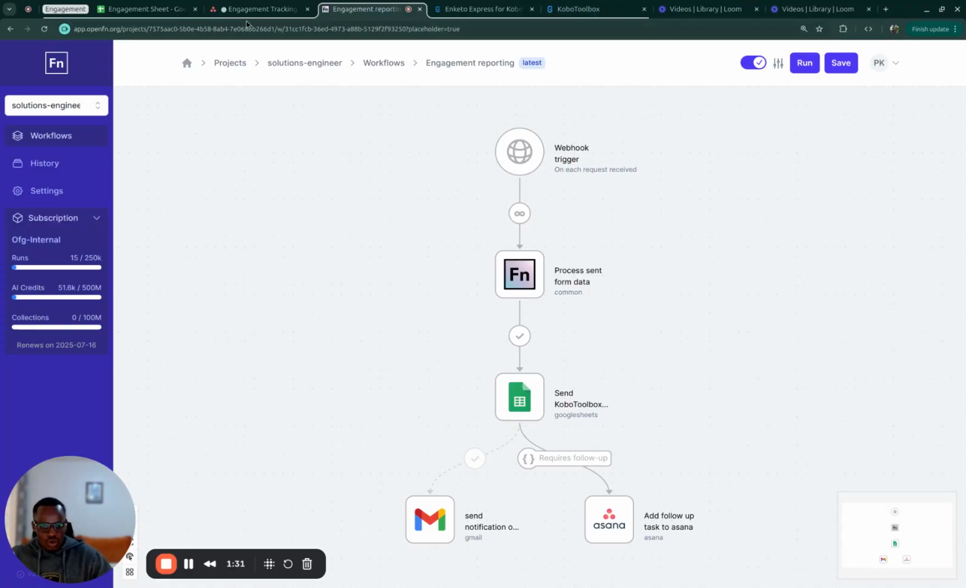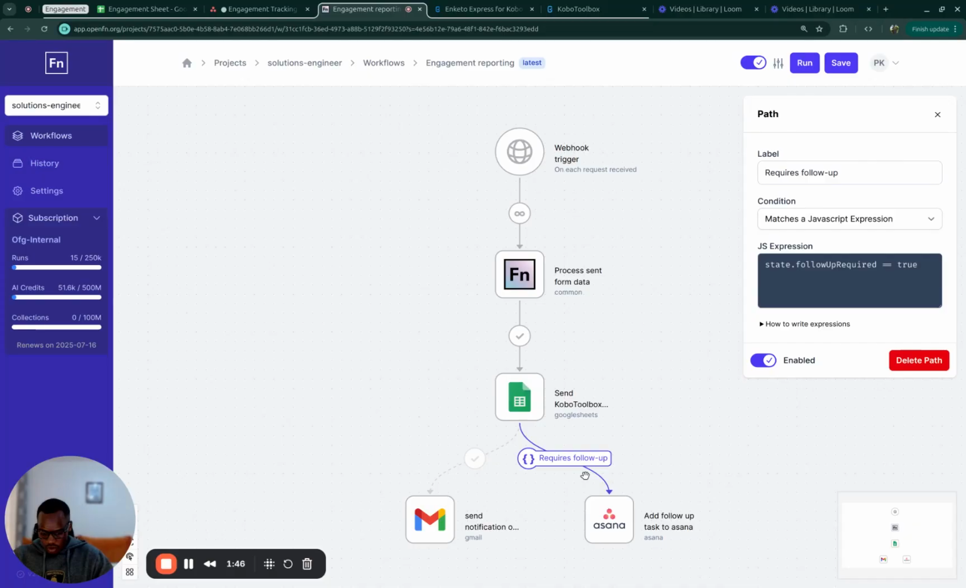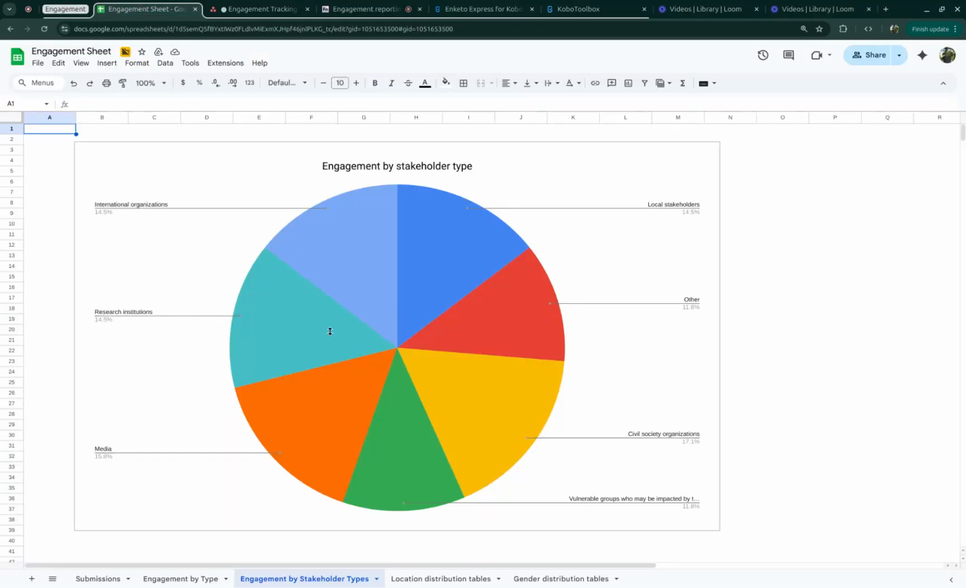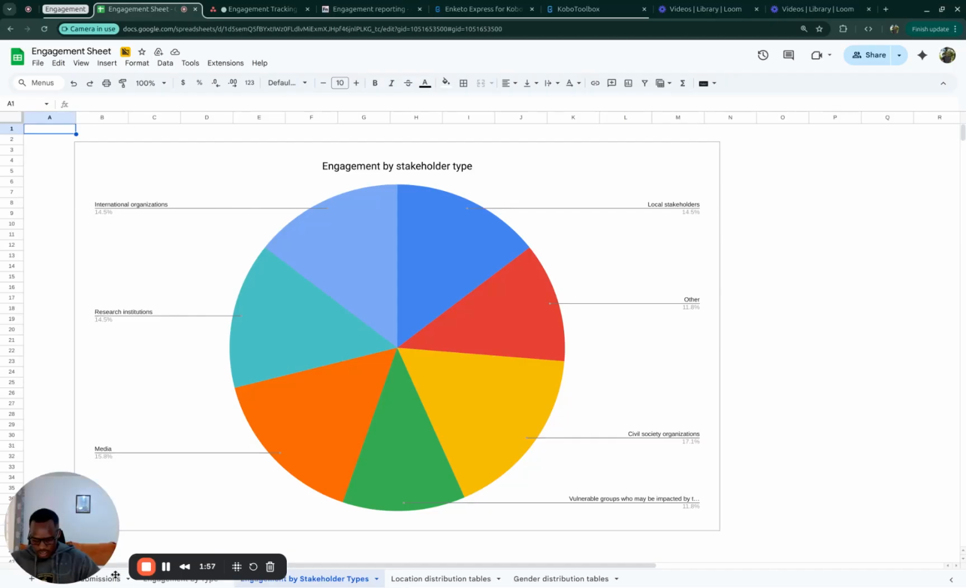So if we go to our KoboToolbox form, what this workflow does is it takes data from a KoboToolbox form and sends it to Google Sheets. Then it has a conditional step after that that checks if there's a follow-up question, and if there is, sends it to an Asana board. If I were to show you how that looks, this is an engagement sheet, and in it